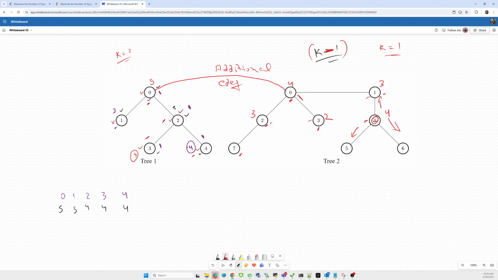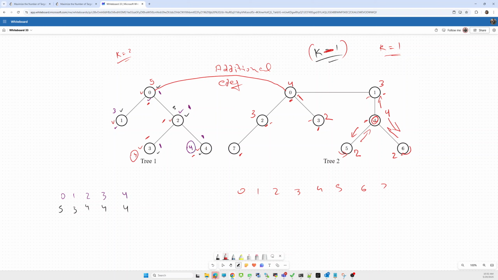So the value will become 4. Similarly for 5, it will go only in this. So the value will be 2. For 6, only this one and current there. For 7 also. So the maximum values for 0, 1, 2, 3, 4, 5, 6, 7 are as follows.